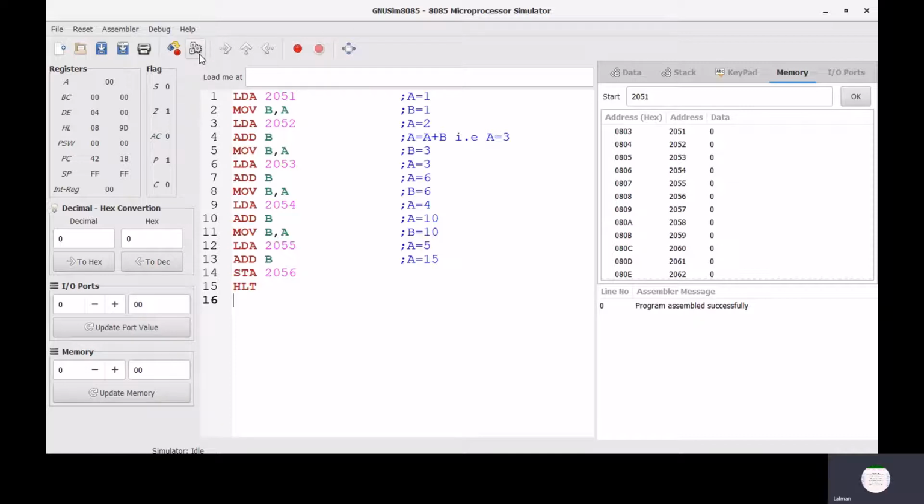Now execute this program. If we want to execute this program, what will be the result? First, we should put data values in the memory locations. At memory location 2051, we can store a data value like 1.